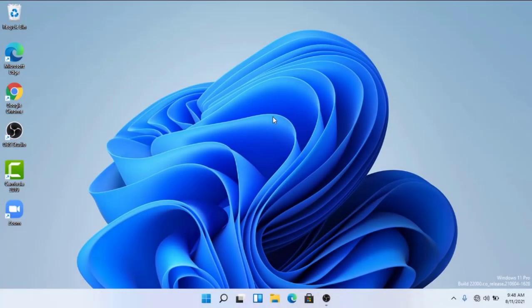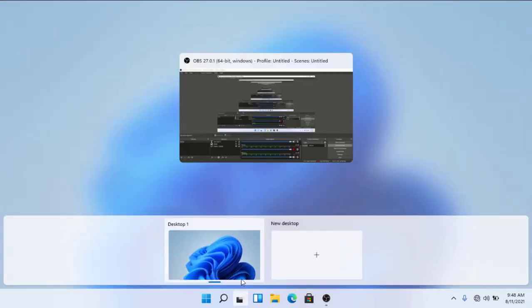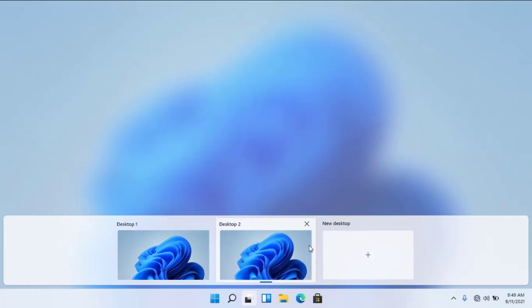This brings us to awesome feature number 2. You can now set up multiple desktops and you can customize what those desktops look like. On the taskbar there's an icon to view all of your desktops. When I click on this, I can see currently I have one desktop. When I click on the plus icon, it will add another desktop. Over here I can right click and now I can customize it.